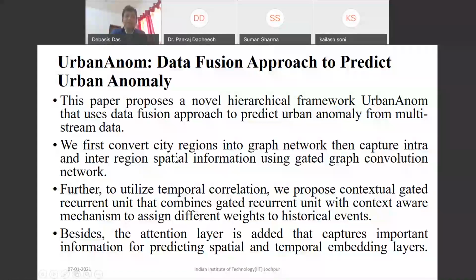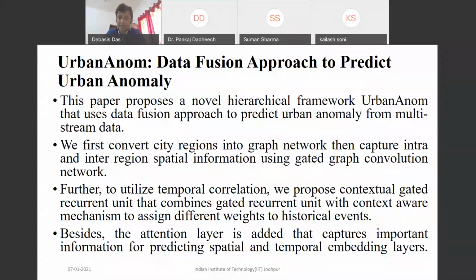So here we are using a graph neural network type of concept. First we convert the city region into a graph. City region means the city is divided into regions in the graph, then we capture the inter-region spatial information using the gated graph convolutional neural network, and to utilize the temporal correlation. We are using both: spatial information, which means space related information, as well as